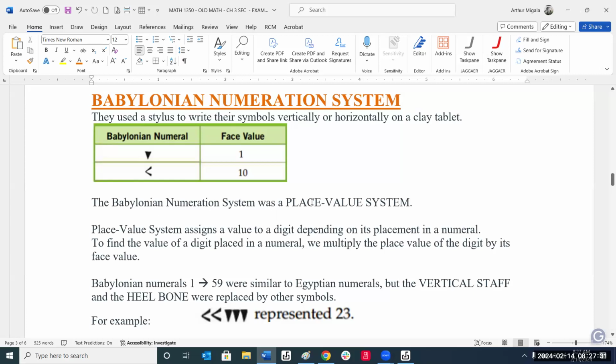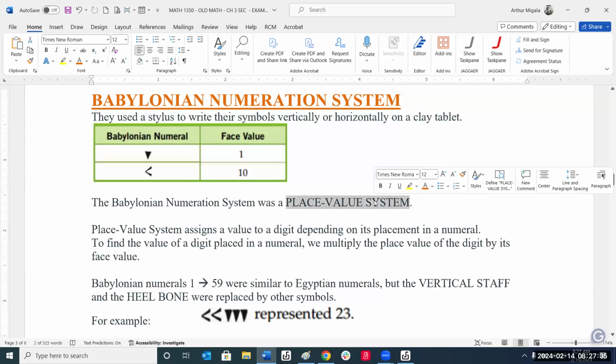The Babylonians now had a place value system. What does a place value system mean? What the place value system does is assign a value to the digits depending on where they're placed. Do we do the same thing? Yeah, because in our system,